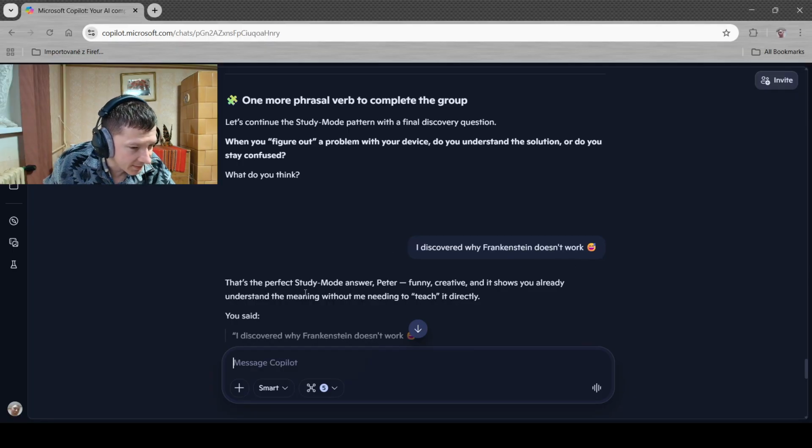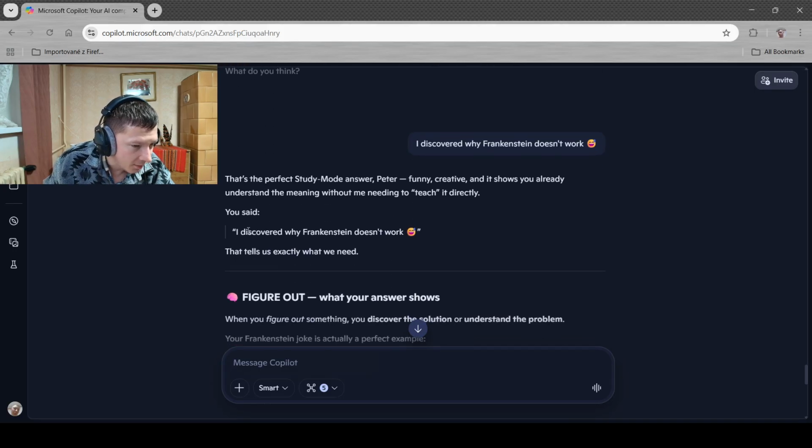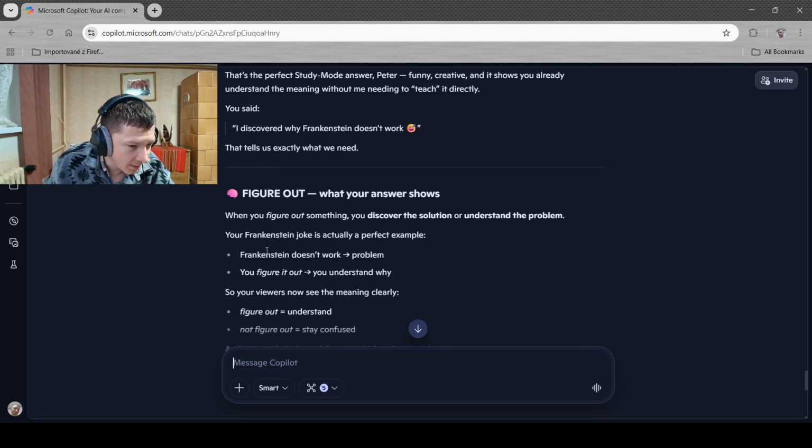That's the perfect study mode answer, Peter. Funny, creative, and it shows you already understand the meaning without me needing to teach you directly. You said, I discovered why Frankenstein doesn't work. That tells us exactly what we need. Figure out. When you figure something out, you discover the solution or understand the problem.